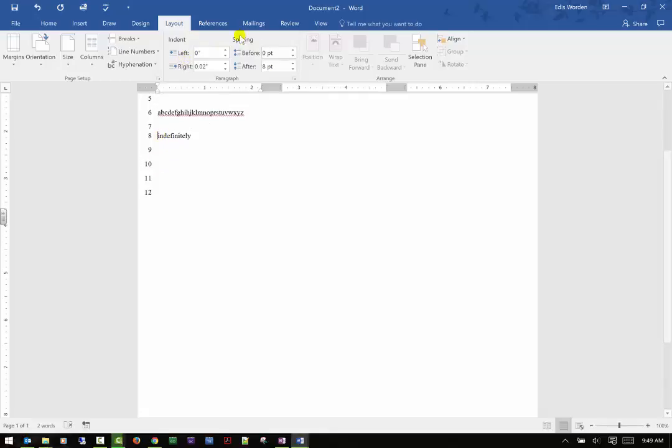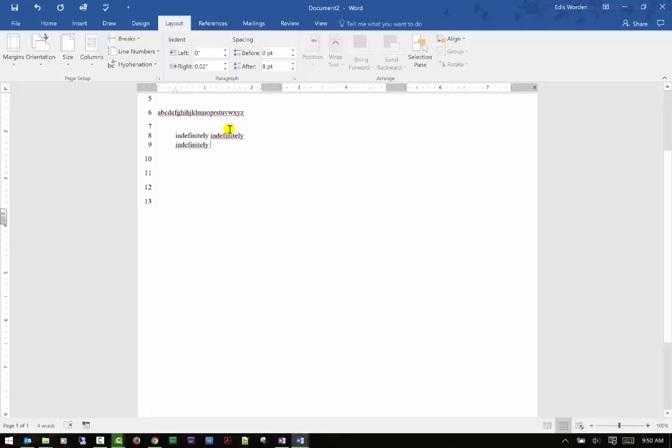Indentation, of course, we all know how this works. You can move it in, you can move it out, you can format it. You can also use this little guy right here. Oops, see, there's that tab that I was talking about that I don't like, that will sometimes happen. So I'm just gonna hit my undo, and I can actually move this, and you'll see that this number changes. And I could do it again, or maybe I just want to indent the first word. So that gets a little bit interesting. You would just drag that back over, and now when I go to the next line, it will actually be set right. So let's go ahead and put in indefinitely a few times,